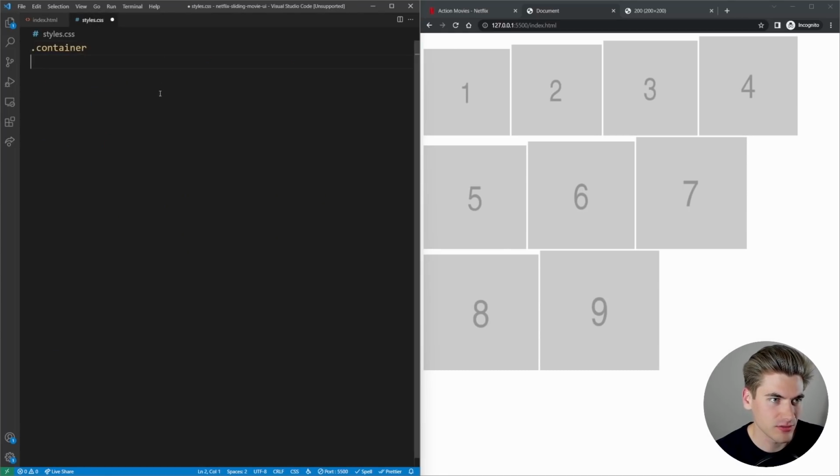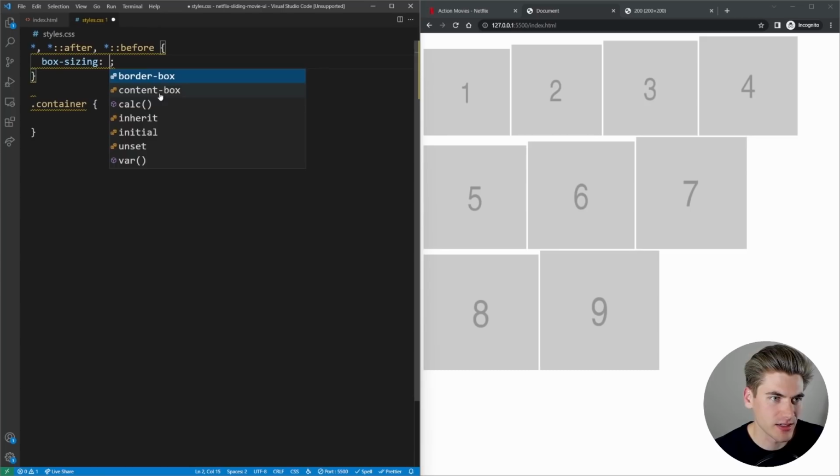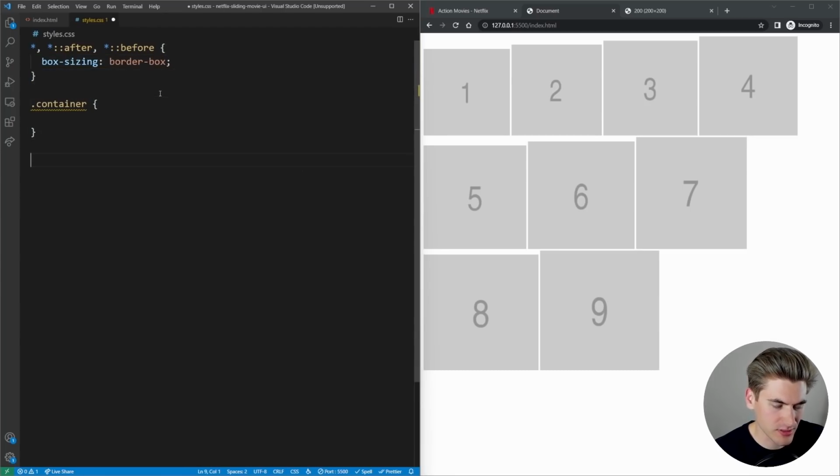Let's come in here. We're going to have our container. First of all, actually, what I want to do is get my elements here. So we can say after, before, set up my box sizing to border box. Then we can select our container, our slider here, and then I don't know if we actually gave our images any classes, but for now we can just select them by saying like slider image. So now we have our container, which is going to essentially just be 100% width, and it's going to have some overflow. We have our slider, and then we have our slider images.